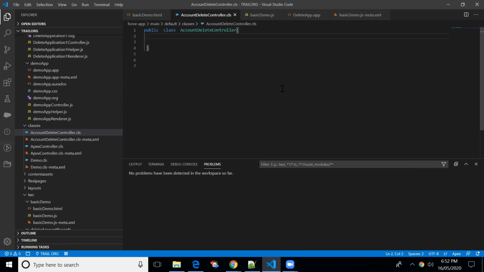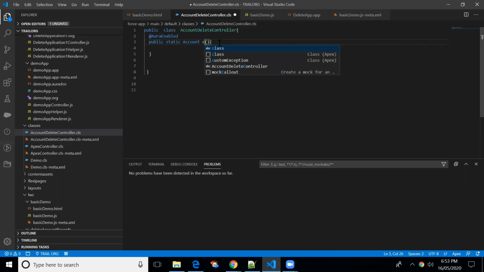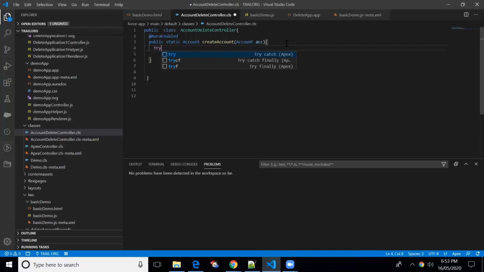So let's get started. I already created an Apex class and one HTML file. Aura enabled, public static account create account, right? I'm passing the parameter account ACC. In the try block, I'm going to insert the record.